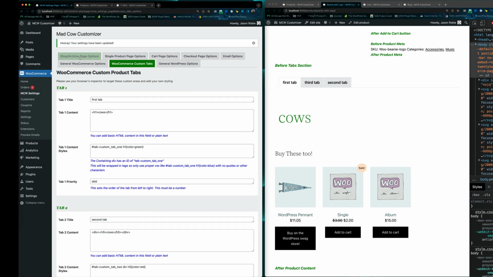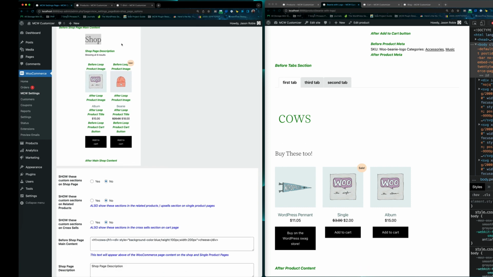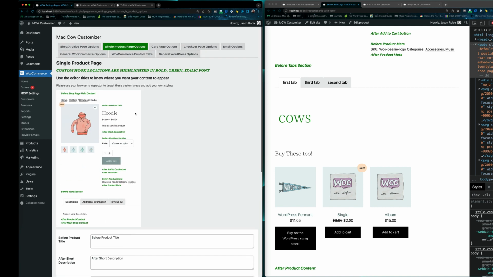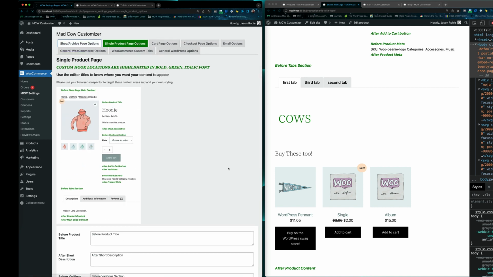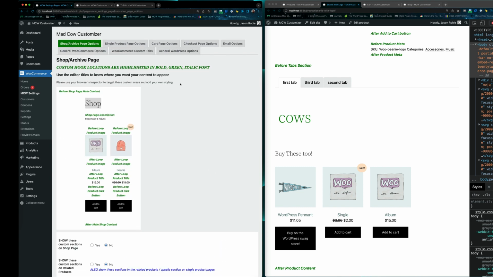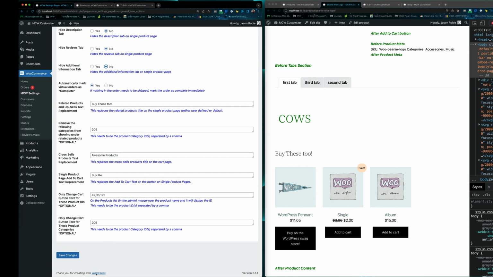I did want to show this other option here. I think it's on the single product page. Oh, is it General WooCommerce? Sorry. So I'm hiding all my tabs here. So if I show all these tabs back up,